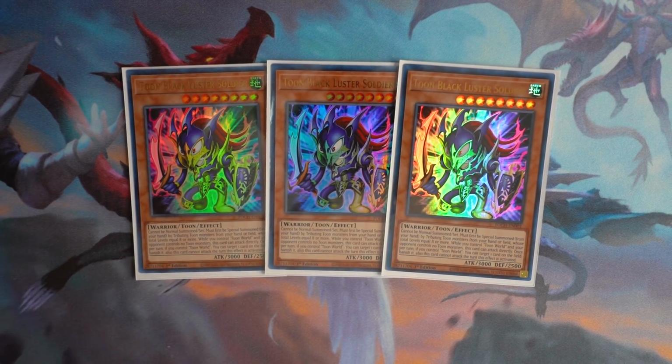If you guys don't know what Toon Blacklisted Soldier Chaos does, it cannot be Normal Summoned or Set, and must first be Special Summoned from your hand by tributing a Toon monster from your hand or field whose total level is equal to 8 or more. So if you have 2 copies of Toon BLS in your hand, you can easily tribute 1 Toon BLS to summon the Toon BLS that's in your hand, which is really awesome. And there are so many other ways to easily summon this card by using cards like Comic Hand to steal your opponent's monster. And once Comic Hand steals an opponent's monster, that monster will become a Toon monster, right? So if their levels are 8 or higher, you can easily just tribute that monster to summon Toon Blacklisted Soldier,